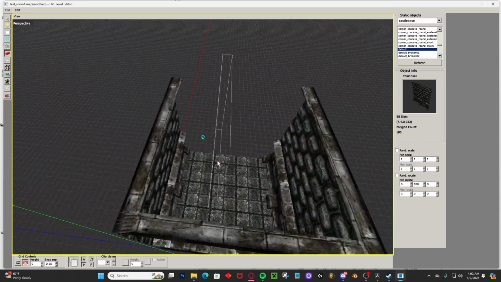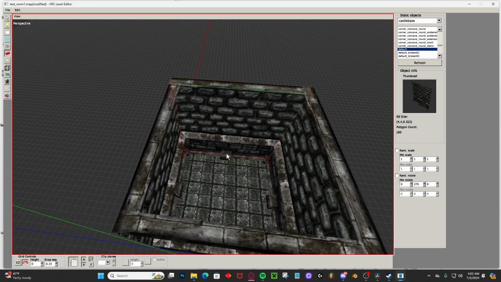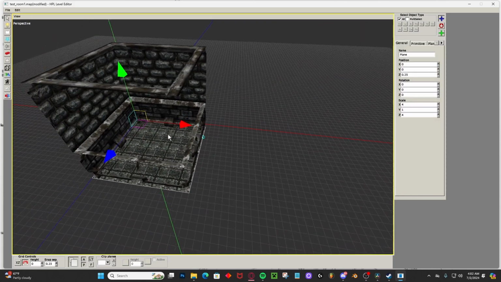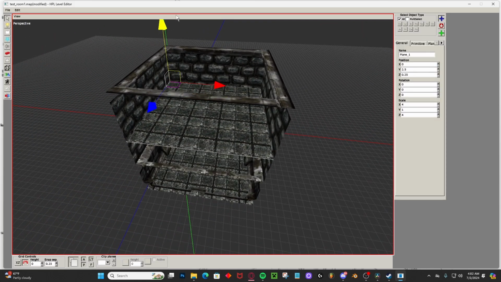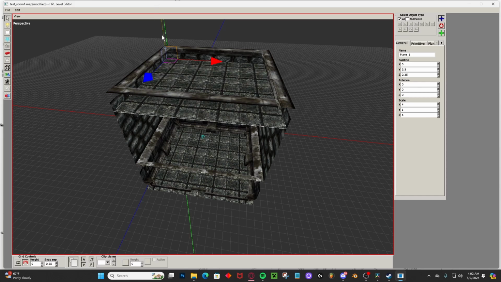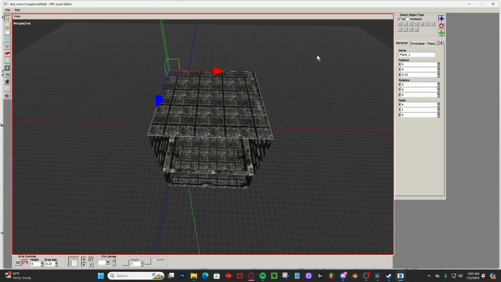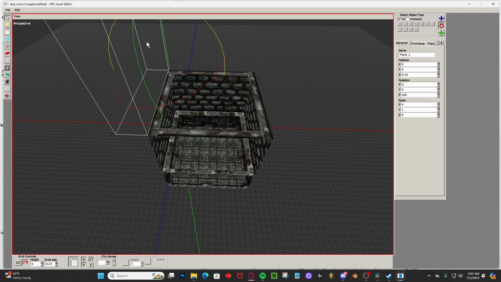Release, click to place. Make sure your walls are closed on the edges. To make a roof, go back to the selection tool, click on the floor plane we placed, and press Ctrl D to duplicate it. Move the plane up to the height of the walls, and over on the right-hand side